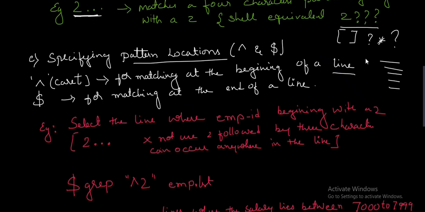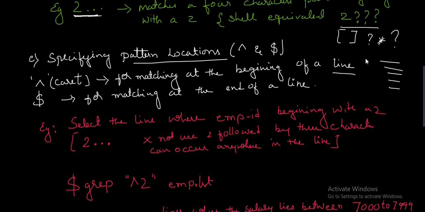Now, whatever expressions we have discussed are going to match anywhere in the file. But now I want to be very specific about the location where the pattern should occur, that is the beginning of the line. If the employee ID at the beginning of the line starts with 2, display it. In that case you are going to use this notation. Also, the last column is salary. If I want to specify the salary of the employee that lies between 7,000 to 799,